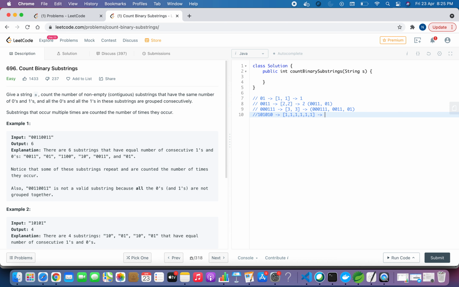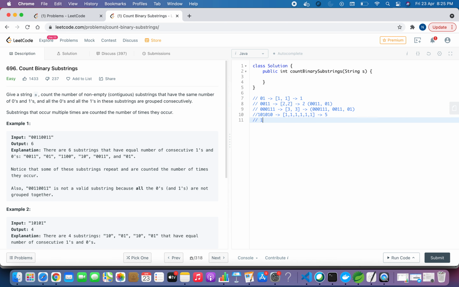The maximum number of substrings we can form in this case is the minimum of each of these adjacent pairs, that is 5.